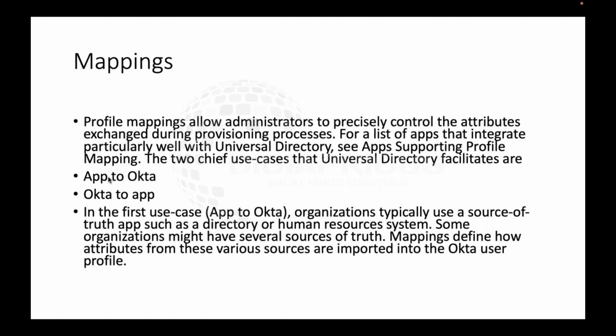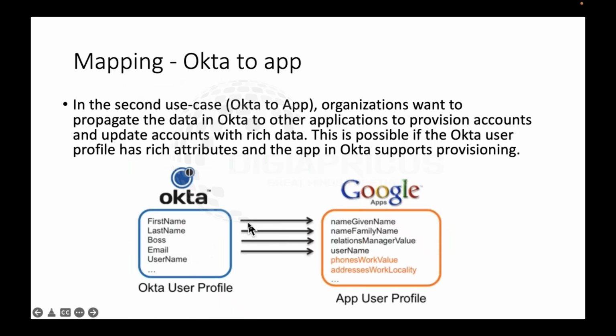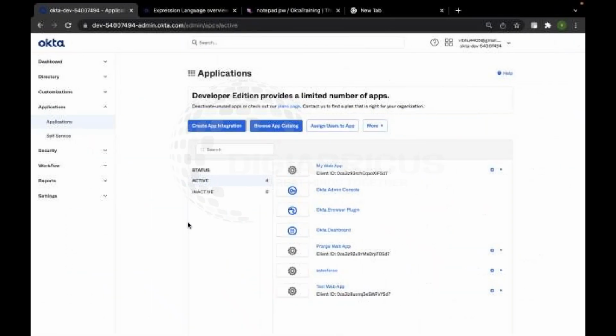We as an Okta admin or a developer know what we need to do from our end. So if you ask me how we send an attribute from Okta to an application, we have already seen that, but if you want, we can see it again. We can just go to the directory, profile editor,